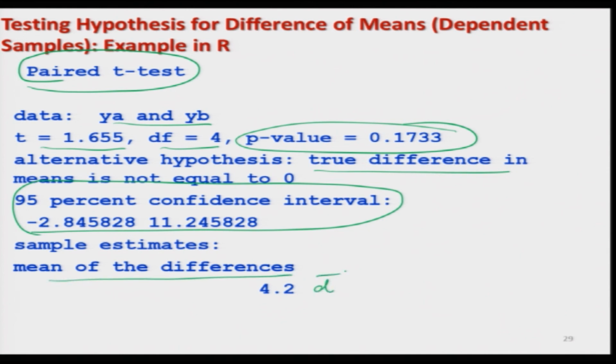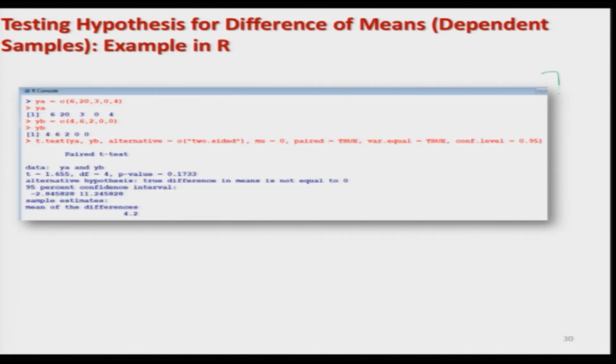So you can see here that this p value is 0.1733. So in this case, p value is greater than, say suppose alpha is equal to 0.05. So in this case you can see here, we accept the hypothesis, right. And this is here the screenshot of the same operation.